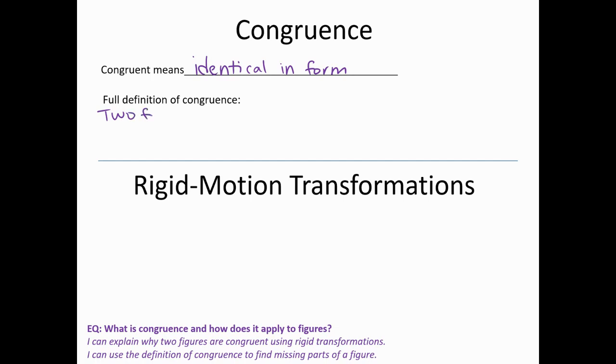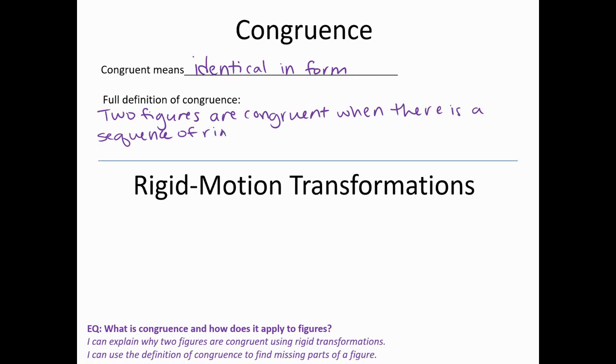Two figures are congruent when there is a sequence of rigid motion transformations